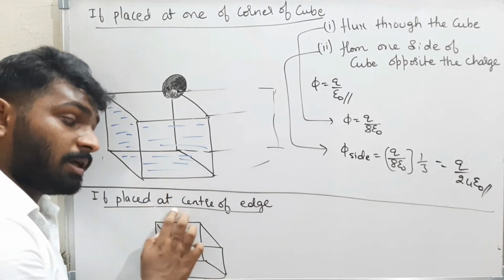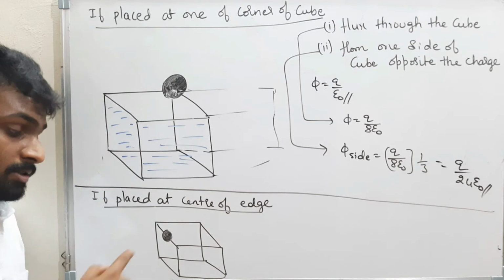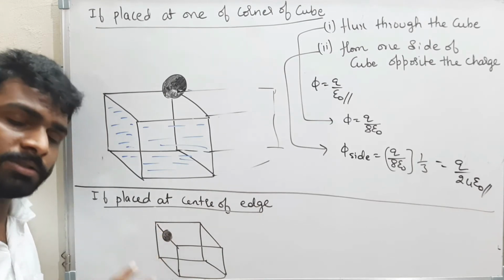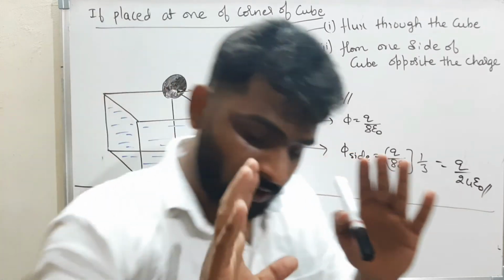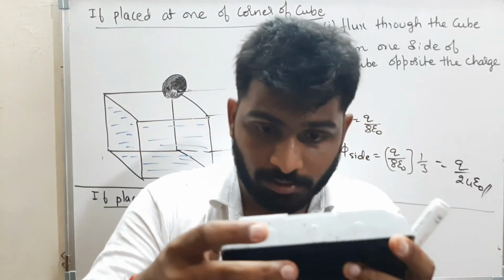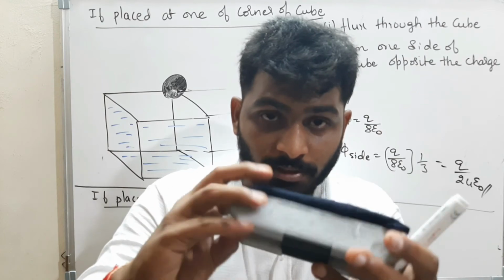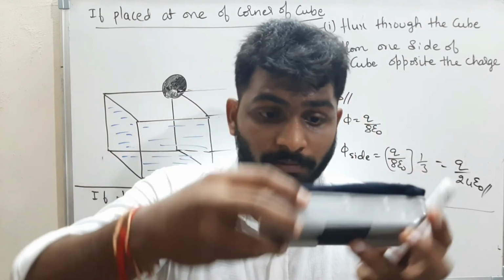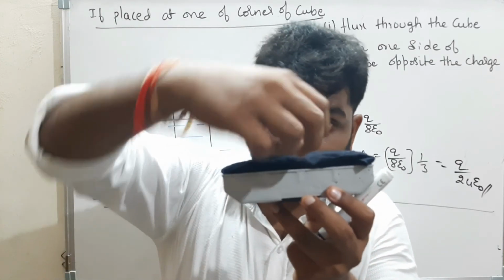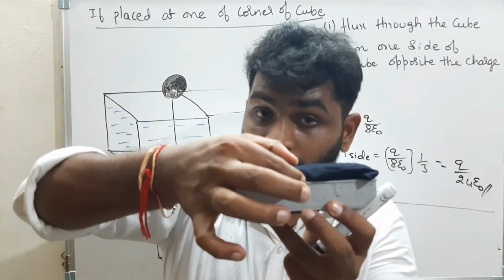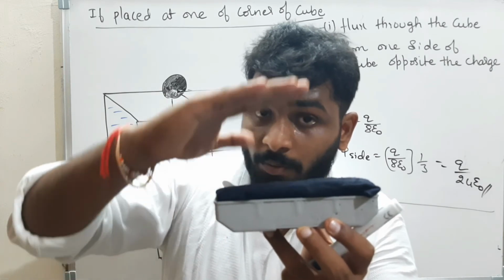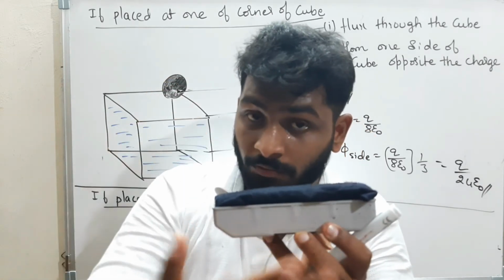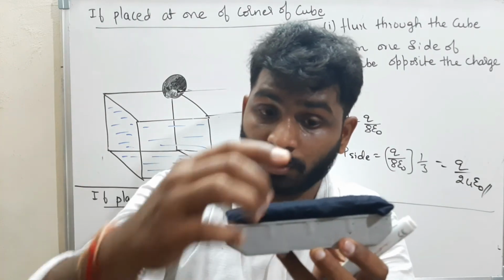If the charge is placed at the center of the edge, what is the edge? This is the edge. Now, if I want to cover this charge, just imagine. Again, just imagine. This is one of the cubes, and the charge is present at this edge here. Now, to cover this, how much do I need? On the top, I have to keep 1 cube. On this side I have to keep 1 cube, and on the bottom I have to keep 1 cube. That means I have to keep 4 cubes to cover this charge.